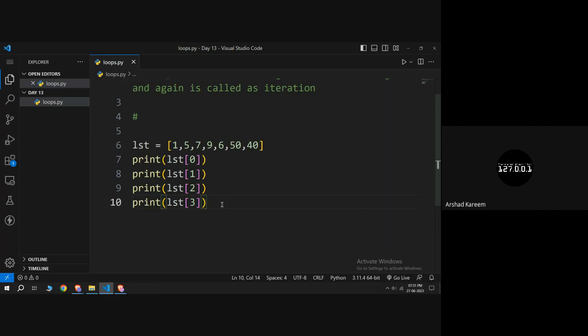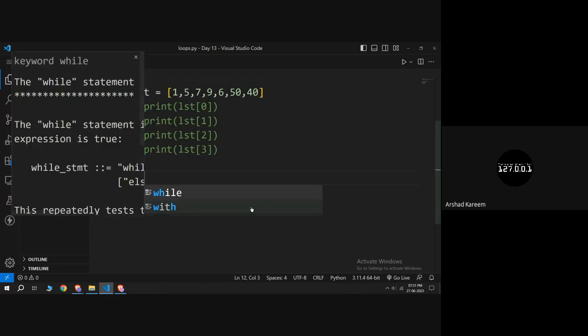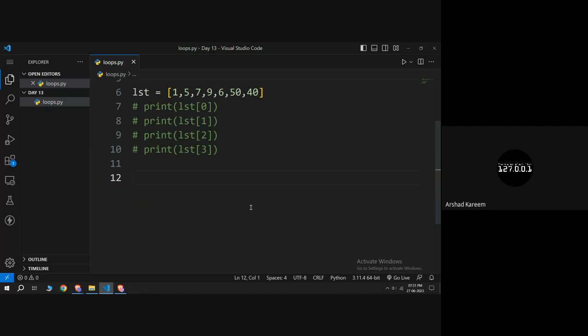So to solve this issue we use loops. Let us see how we can do this with the help of a while loop first. In case of a while loop, we know that we need to declare a variable and assign some value to that variable. After that we will mention some condition over here. After that we use a colon, and after this, in the line below, we know that